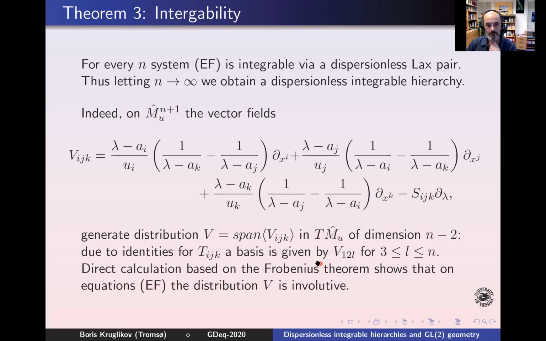Right, and well, we can just take those vector fields. There are relations, and i, j can be fixed, right? So only L runs from 3 to n. This gives n-2. And that's it. So basically